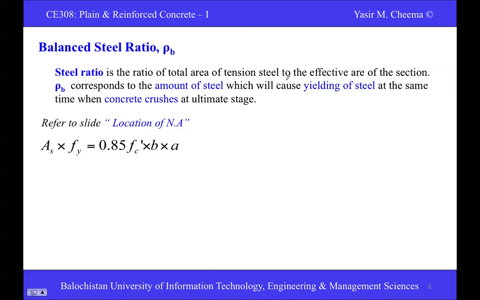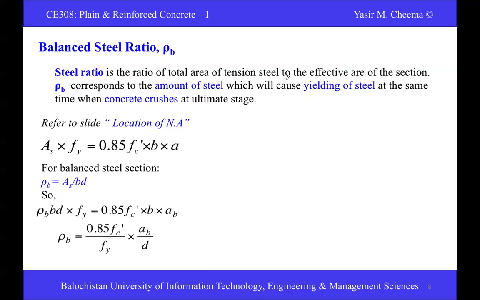अब रेफर टू द स्लाइड दैट आई जस्ट आस्क्ड यू, लोकेशन ऑफ द न्यूट्रल एक्सिस। वहीं पे हमने यही रिलेशन दिया था, रिमेंबर। अब फॉर बैलेंस स्टील रेशियो, अगर हम एरिया ऑफ स्टील को रिप्लेस करें बैलेंस स्टील रेशियो के लिए, समझिए इस चीज़ को। अब यहाँ पे एरिया ऑफ स्टील ओवर बी डी, जिसे हमने रो बी नाम दिया है, यानी एरिया ऑफ स्टील बराबर हो जाएगा रो बी इंटू बी डी। दैट माय पॉइंट।